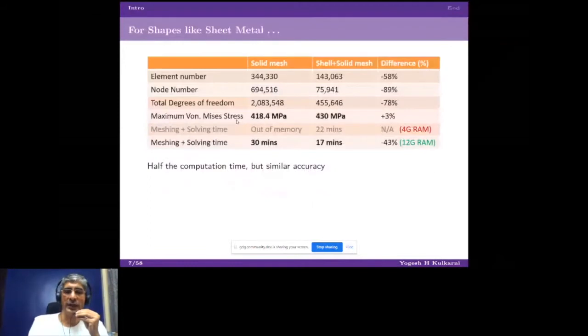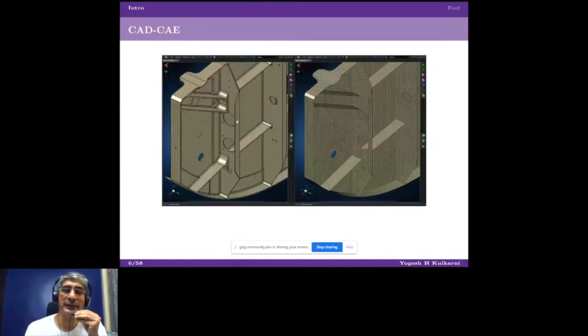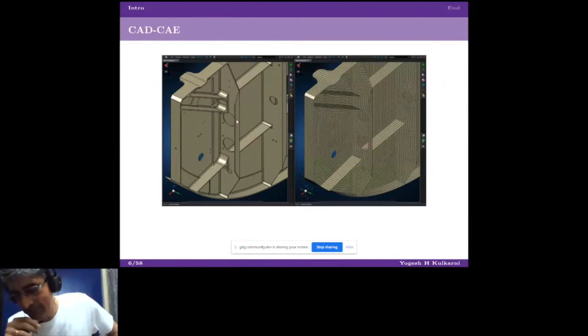In case of shapes which are thin, like this, plastic shapes or sheet metal shapes, there is one simplification that you can do. You can just assume that thickness is not there. So instead of 3D brick Legos, you can have 2D Legos, meaning surface Legos, just like jigsaw puzzles. And that shape is created. What's the use of this? One dimension is reduced, so a lot of calculations are reduced. But the results are very equivalent. So this is a very popular method in case of thin shapes because the thickness is very constant. So in case of sheet metals or plastic parts, thickness is assumed to be not there or constant, and those